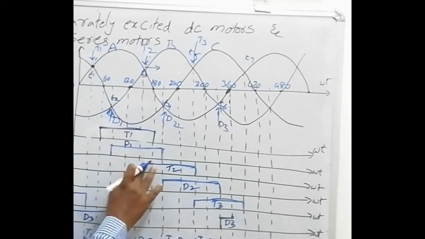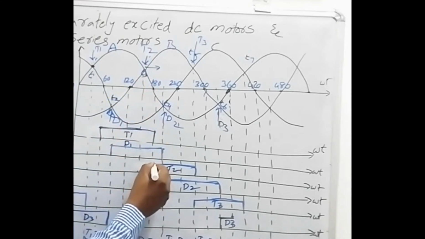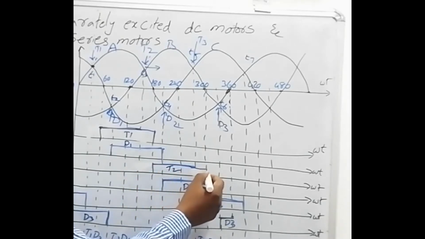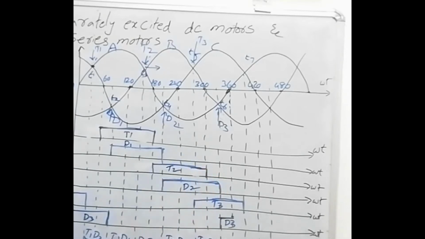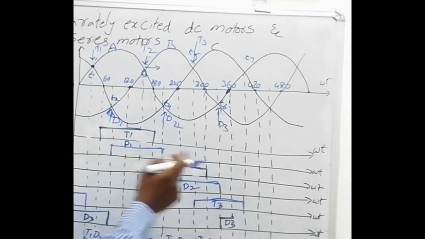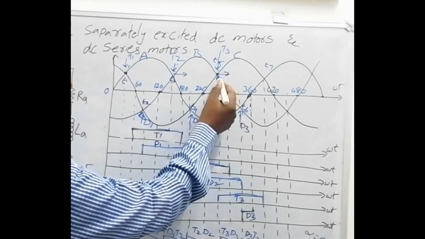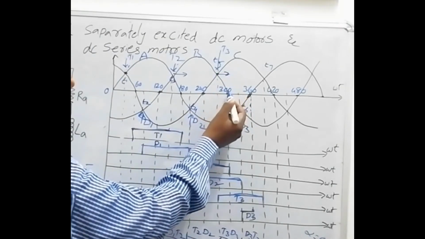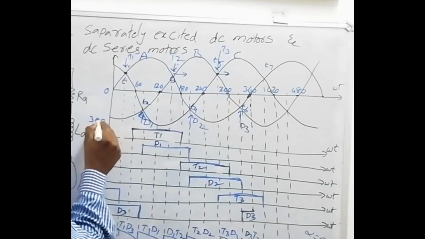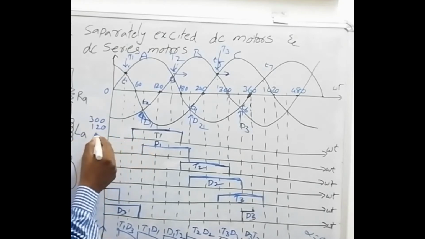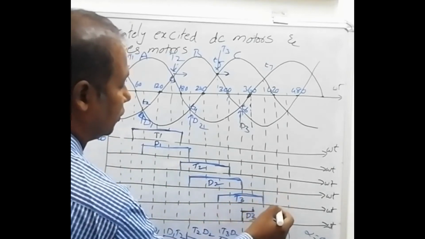So 30 degrees means, for alpha value 30 degrees, for T2 the conduction period is up to here, 120 degrees. You have to add 180 plus 120, so 300. Similarly for the diode, there is no change. Generally T3 starts from here, so when we give 30 degrees, this is the 300. So 300 plus 120 degrees conduction period of the T3, so 420. So we have to go up to 420.